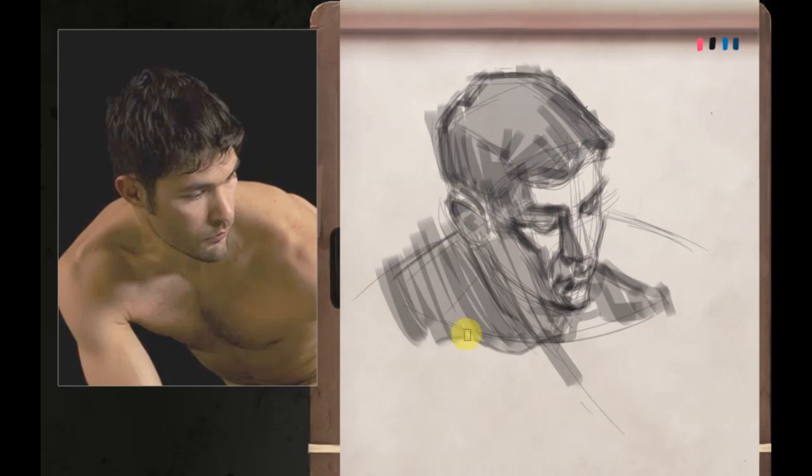So that's pretty much it for this guy. And then, if you're at the life drawing, if you get this far, if you have more time, then you can refine your drawing as much as possible. Now is the time to come in and add details and things, but I won't get too detailed in this one because